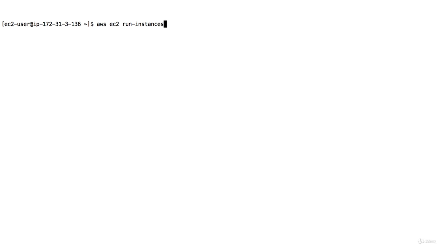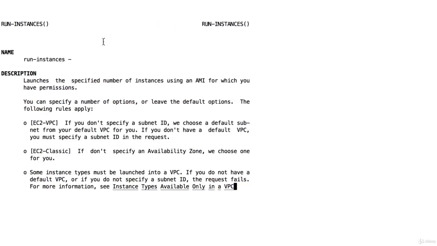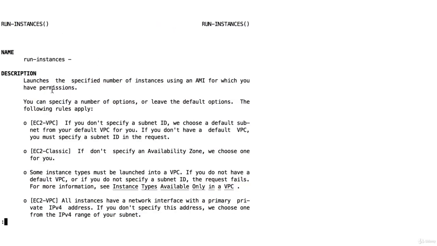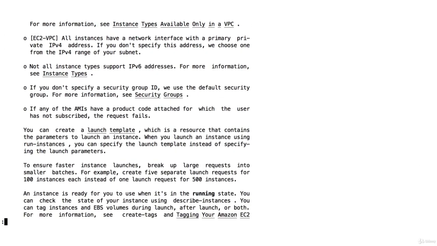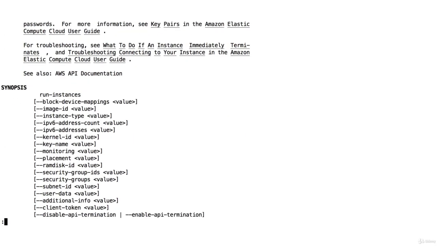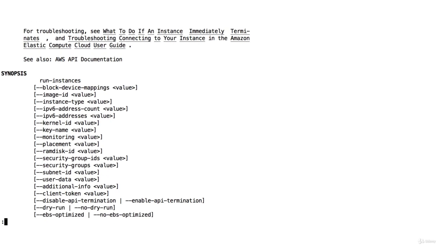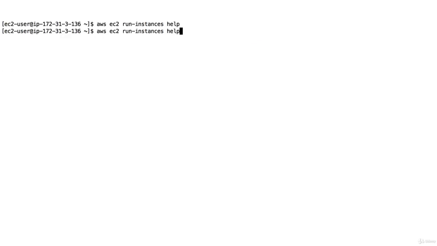I'll make sure to run help because I want to get help with this command. And this command is quite a long one. You can read the whole documentation, it's also available online. But for this, I'll make it super simple for you. We're going to need a few parameters, and we'll also add the dry run parameter just to test the command. So let's do the dry run. This is the first thing I'm going to specify because I want to make sure that whatever I do next, it is going to be a dry run.